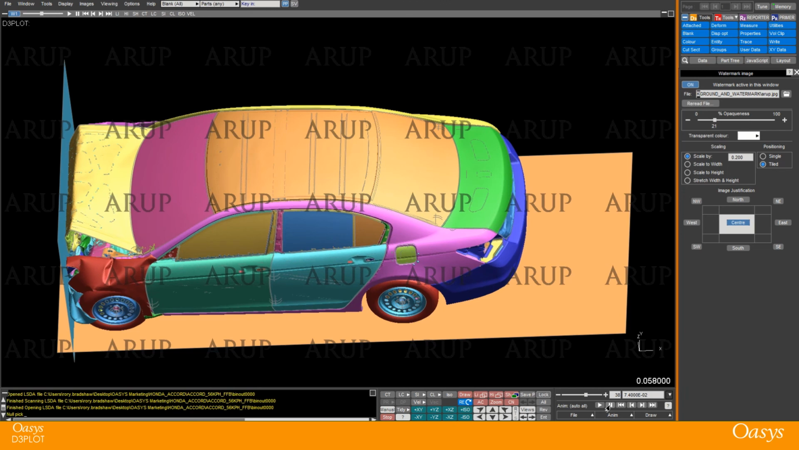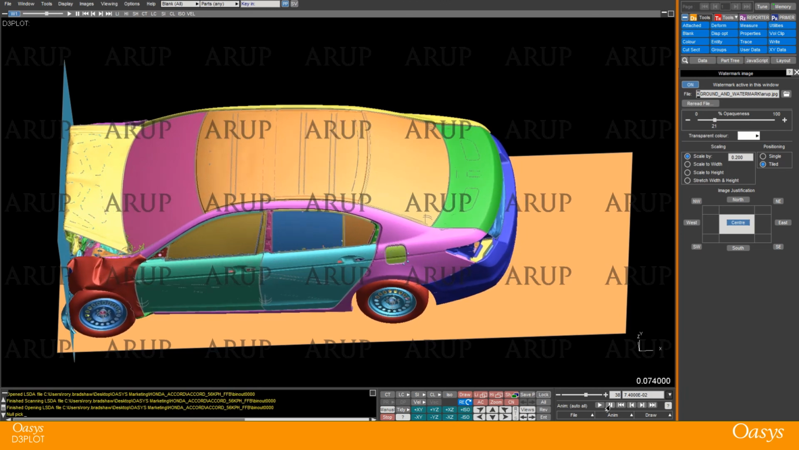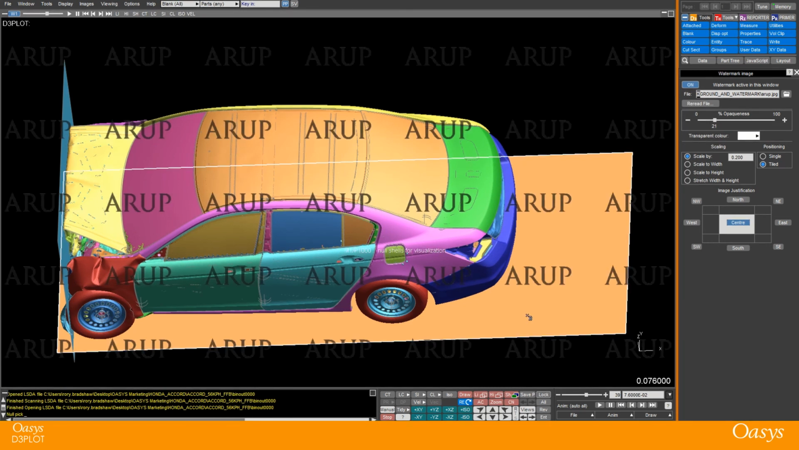So that shows you some of the power of the Oasys suite in Primer and D3PLOT with adding watermarks and background images. I hope you find this useful in your